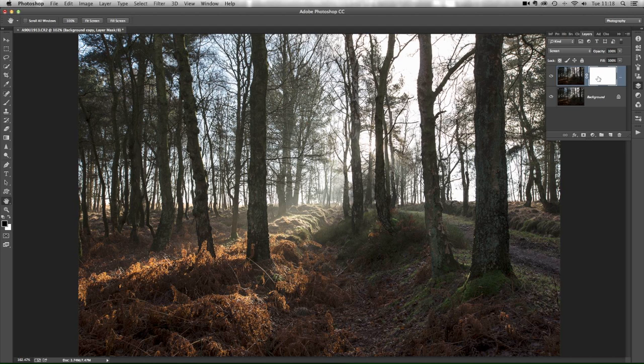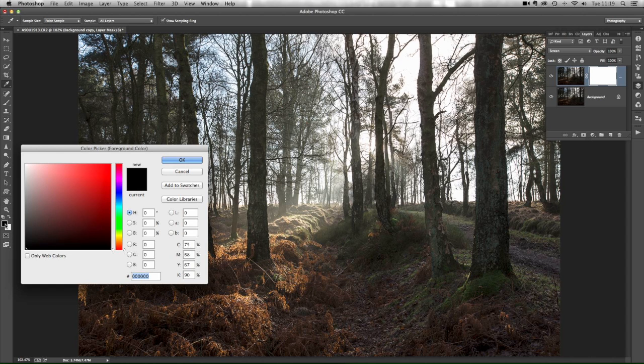So what we're going to do first of all is to change this from white to black, and a very quick way of doing that. First of all, we make sure that is selected. You need to make sure you click in this white box, because you can change from the image. If I click there on the layer mask, you can work on both sections of that. So we make sure we're clicked on the layer mask, we go to the foreground color and we select black. Make sure you've gone straight down to the bottom corner there. I usually drag to make sure it's on black there. Click on OK,